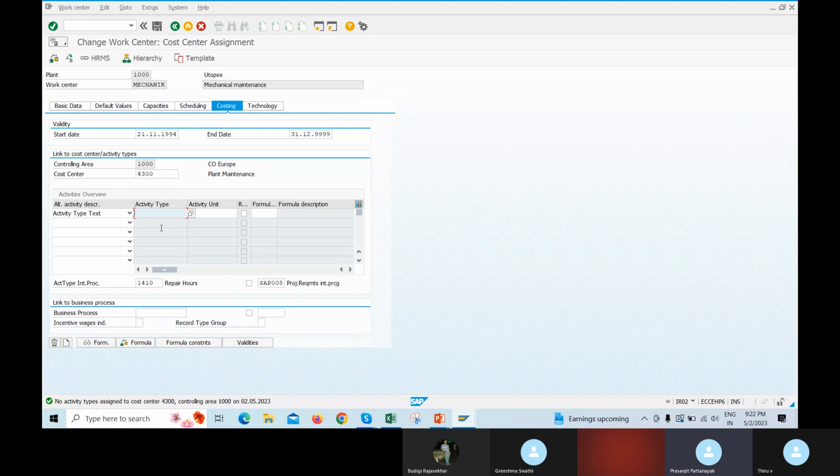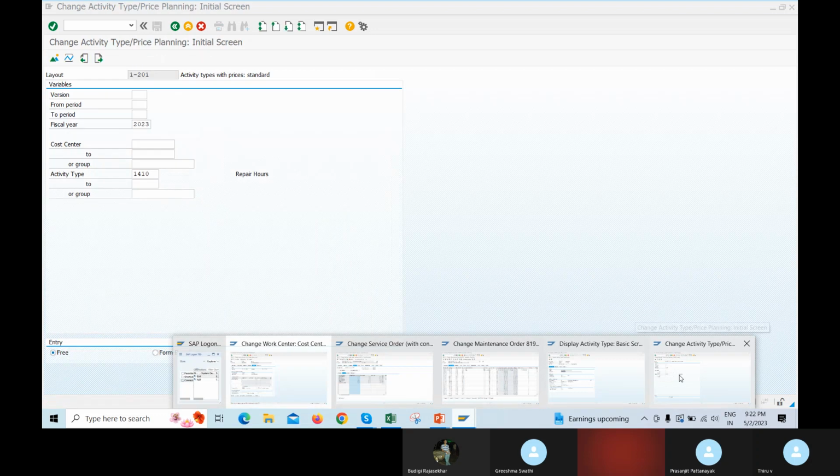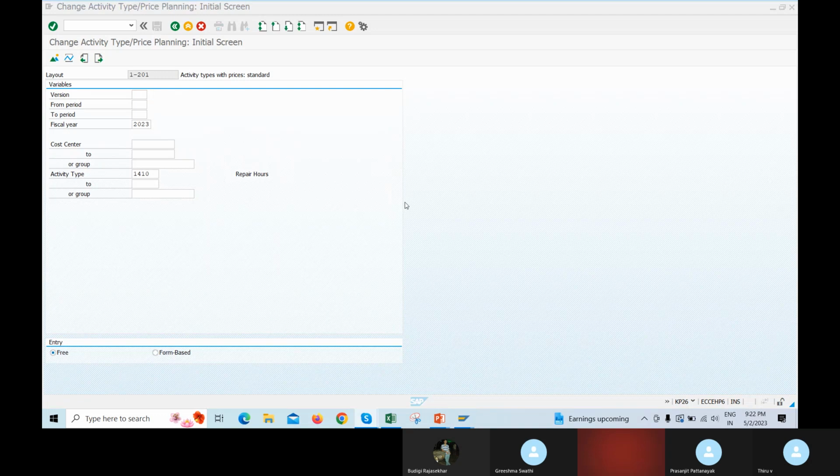You are not giving me any answers. I have never used this; we define the activity type, and I thought this is in the order, so I was going to say that in the order, before operations, we can use different activity types. KP26, you know KP26, right? Yeah. Sir, I am thinking you are my boss. No, you are my boss. I am not your boss.